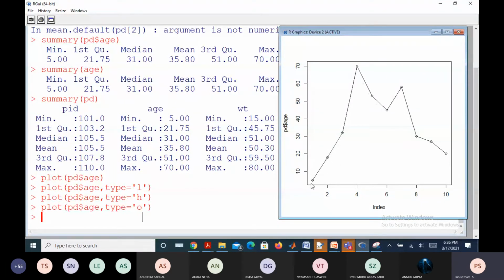Your line is going across the points, right? Isn't it? Yes, sir. Right. Okay.